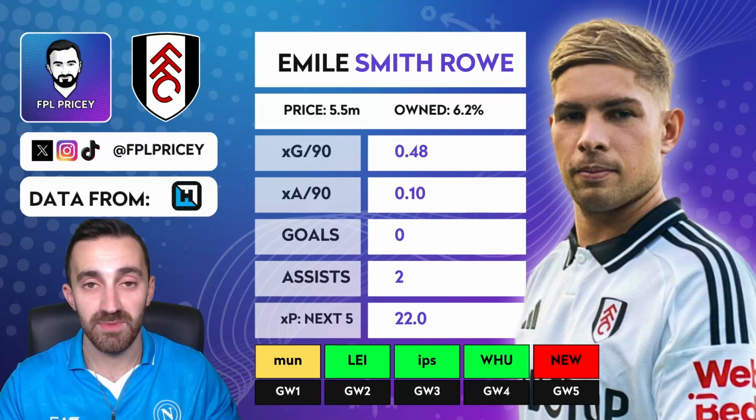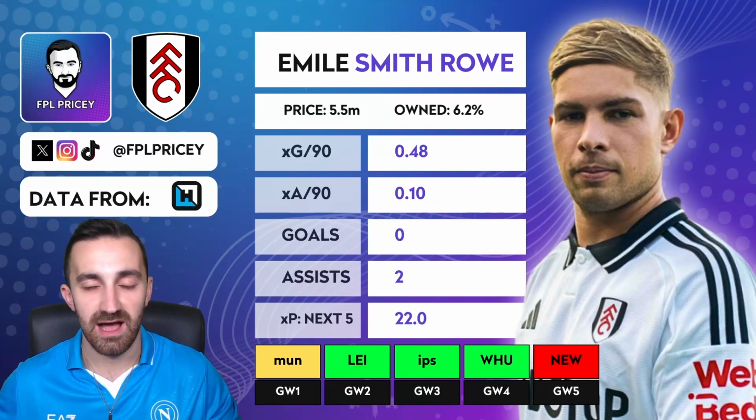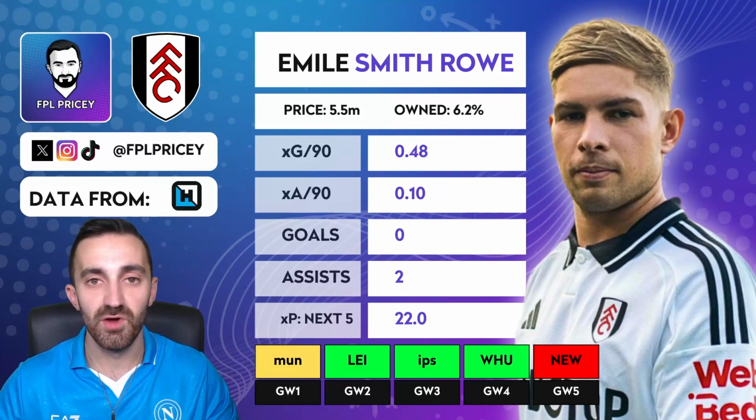And then 2 promoted clubs back-to-back in Game Week 2 and Game Week 3, followed by West Ham at home under new management, then Newcastle at home after that. Overall, as a set of 5, it's really, really strong. And I think if you're not going with Muniz up top, having that Fulham attack represented by Smith-Rowe is a